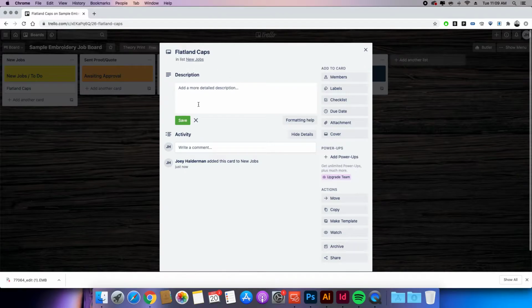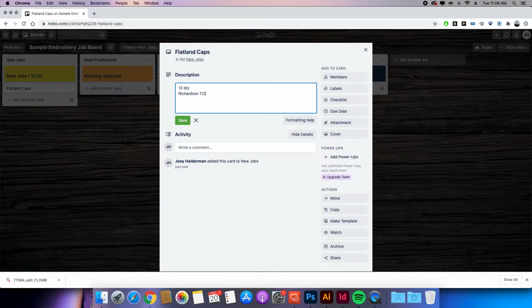And then within that card, you just click the card to open it. You can enter details. So they're going to be doing 12 of these. They are Richardson 112s. They are heather gray with a black mesh, and I'm using black thread. So those are all the basic details that I need. You can put other details. You could even, if you want, add their 1800, which is the color code for Madeira. So however you want to do that, that's up to you, but there are a lot of different ways you